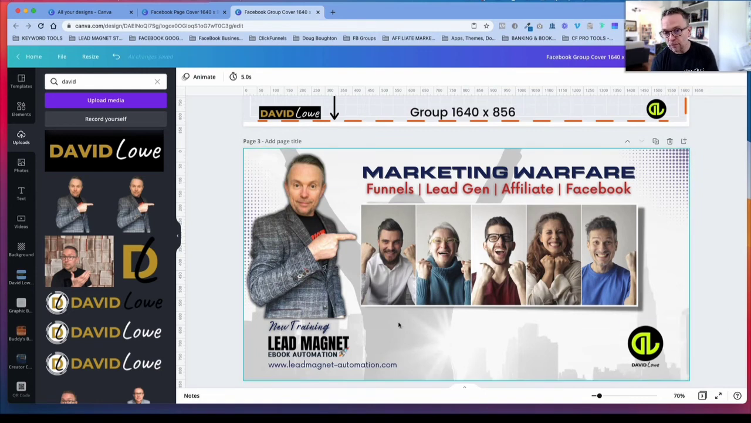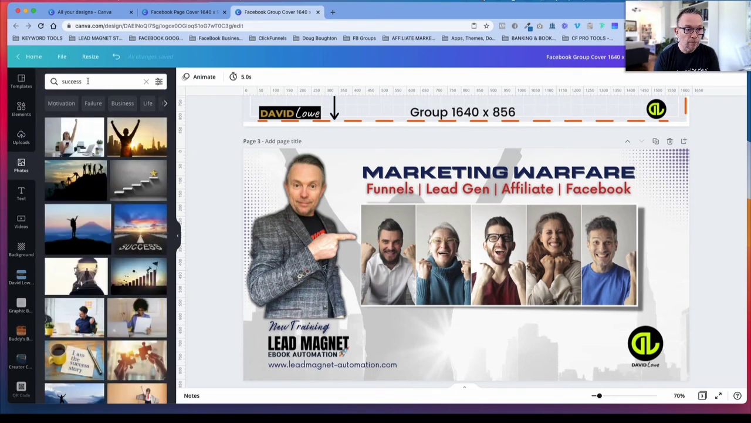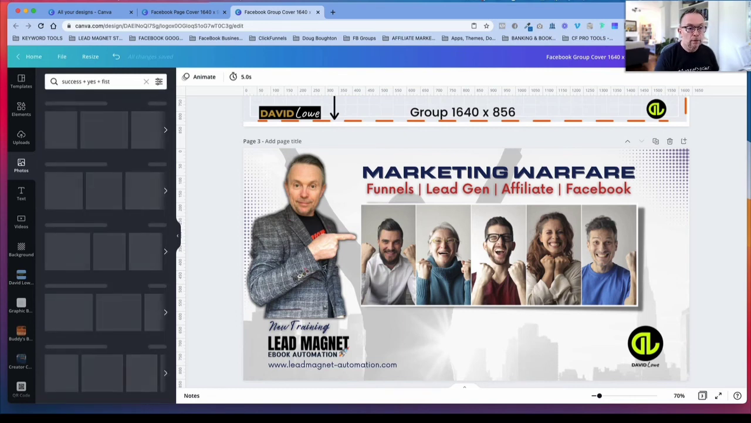I'm going to save that background, this one here, and I could move these people around. I could actually cut these out and save these individually and just use one or two or three. Use some similar images as well. Go back in here for the success thing. If I go into photos again, success, yes. Actually, if you do this, this is a little trick: plus, yes, plus, fist, it will add all of